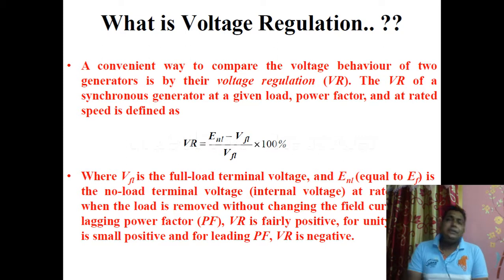So that means basically we can say that an alternator means a synchronous generator which is generating electrical energy. Electrical energy means at the terminal or the output it is giving electrical energy. So there we can connect some load, right? Two things may happen: the alternator may be running without load, that is at no load, or the alternator may be connected with full load.